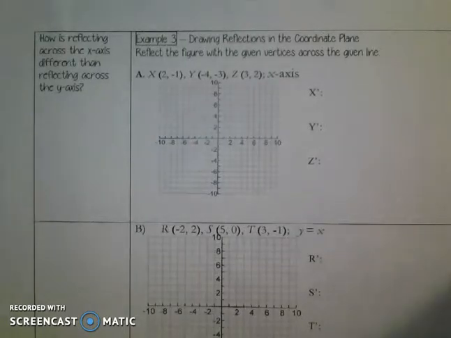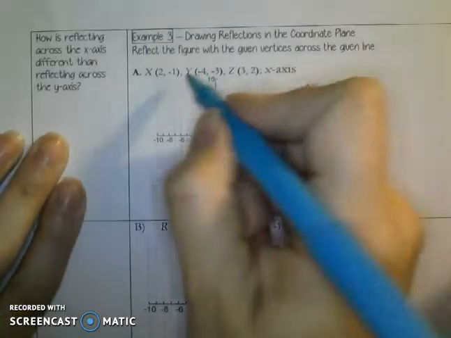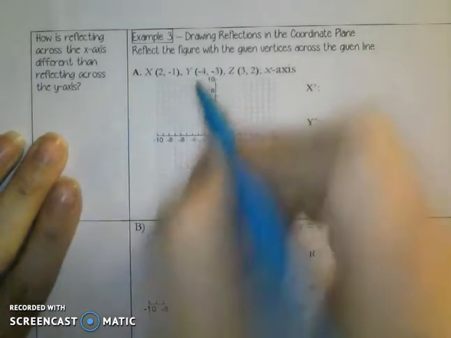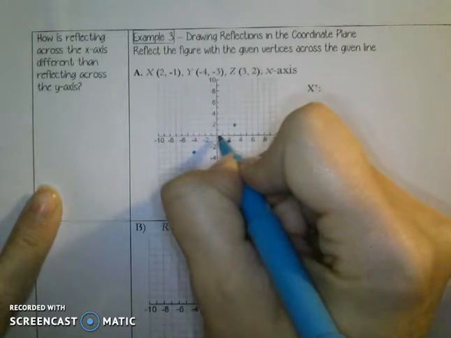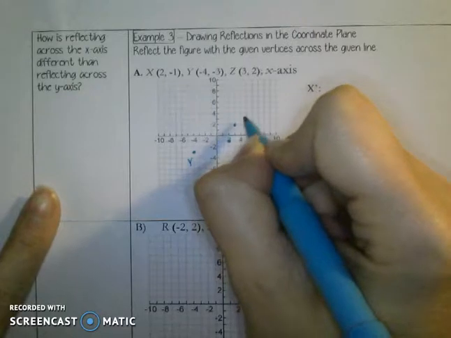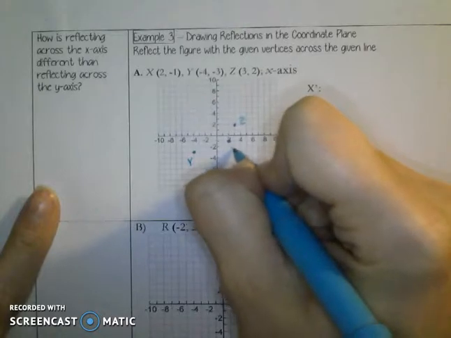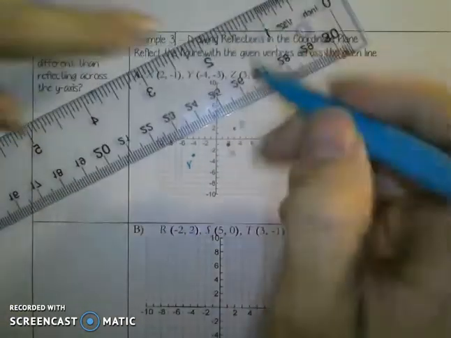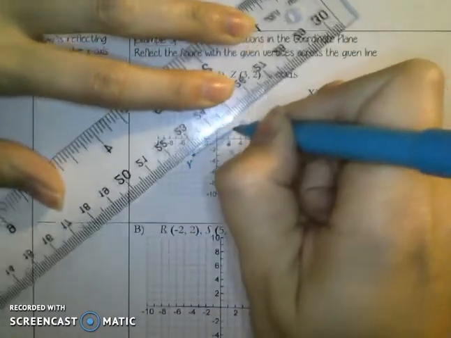All right, so let's go ahead and take a look at our first example. I like to use 2 different colors to show my reflection, but that's totally up to you. So I'm going to draw my original in blue and my new one in green. So I'm just going to go ahead and plot all 3 of these points to draw the triangle. So please make sure when you're plotting your points that you are labeling the points, and then you're using a straight edge to connect them because everything needs to be as accurate as possible. So let's go ahead now and draw with a straight edge our triangle, our pre-image,